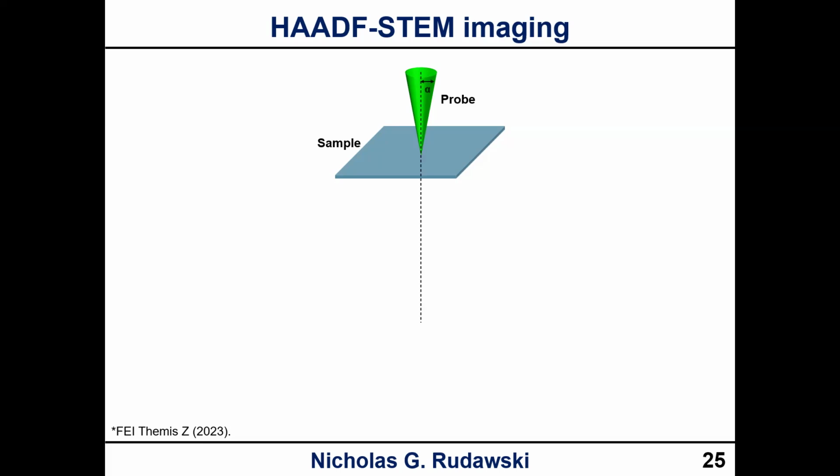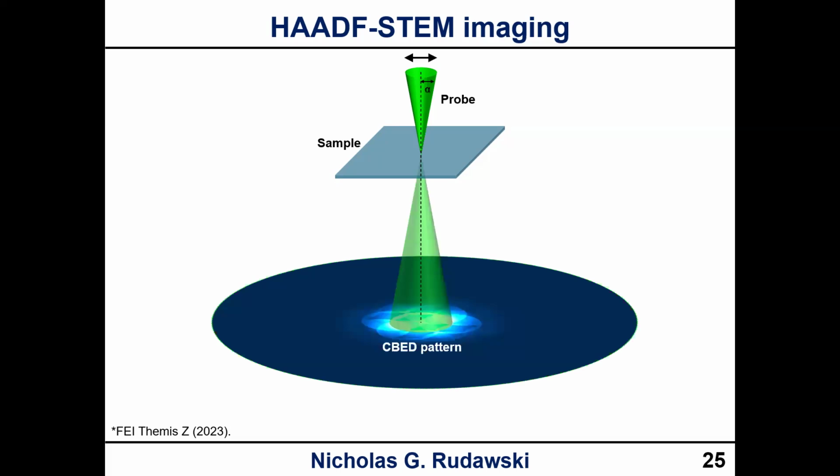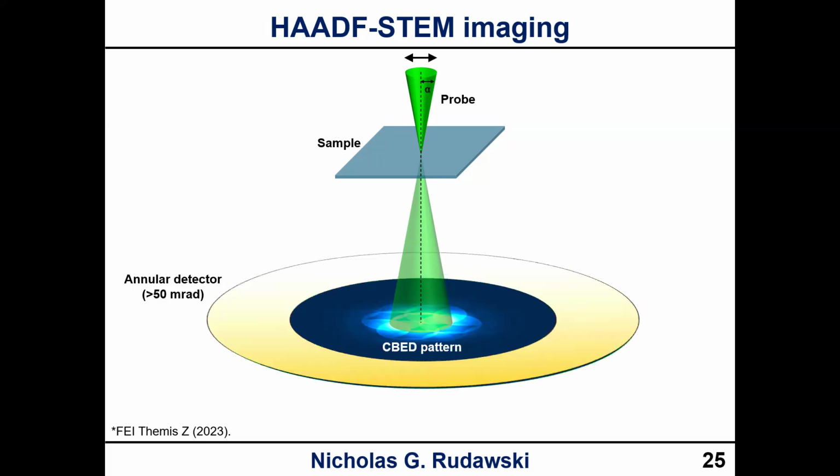It's characterized by some semi-angle of convergence, which we call alpha. So we're drawing a line through the probe here, and then we're scanning it along the sample surface. As it interacts with the sample, it generates a CBED pattern, and then that CBED pattern is projected onto an annular detector, or a ring-shaped detector. By manipulating our projection system, we can magnify or demagnify the CBED pattern to give our detector a certain